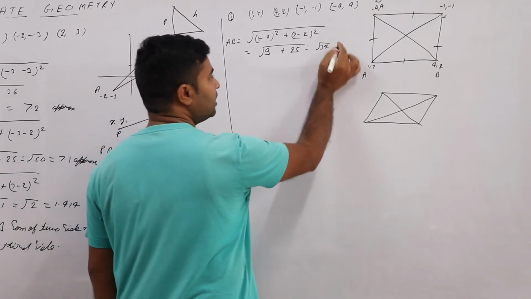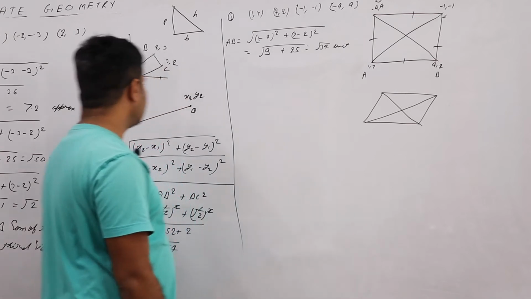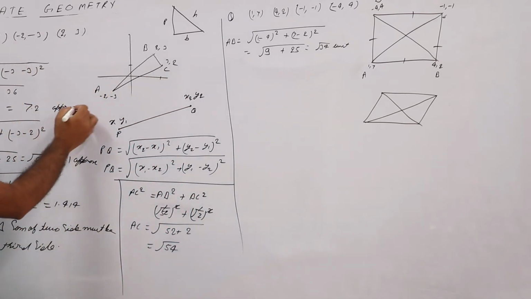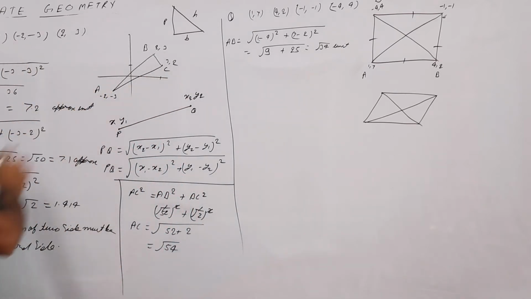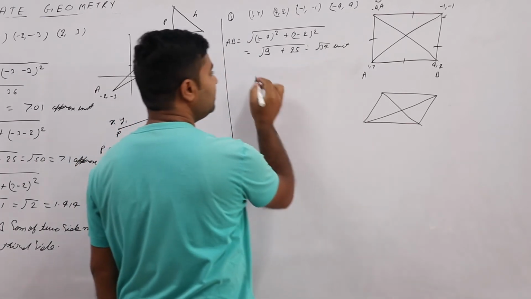Here 34 is what? Unit. Even in this question, this much unit you can say. Actually, I'm thinking root 34 will be approximately 5.8, almost. Correct. Approximately, you can take it like that. So we get AB, right? Next,